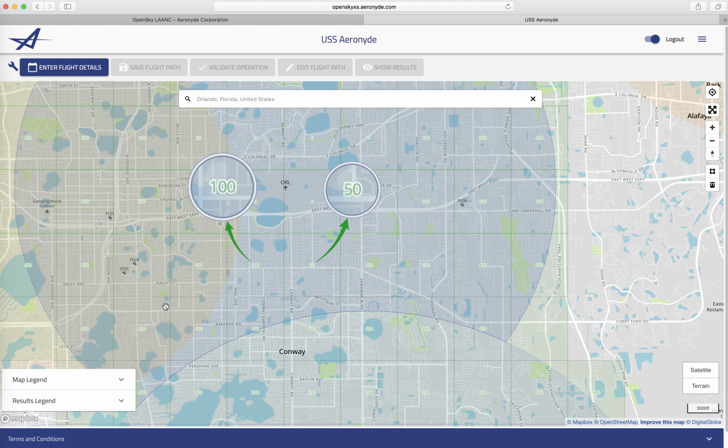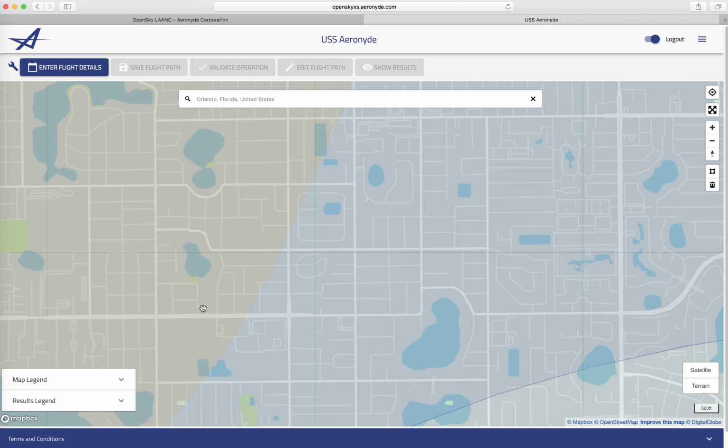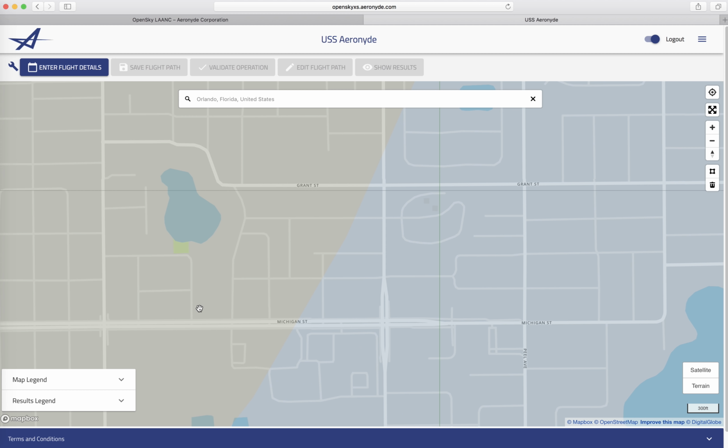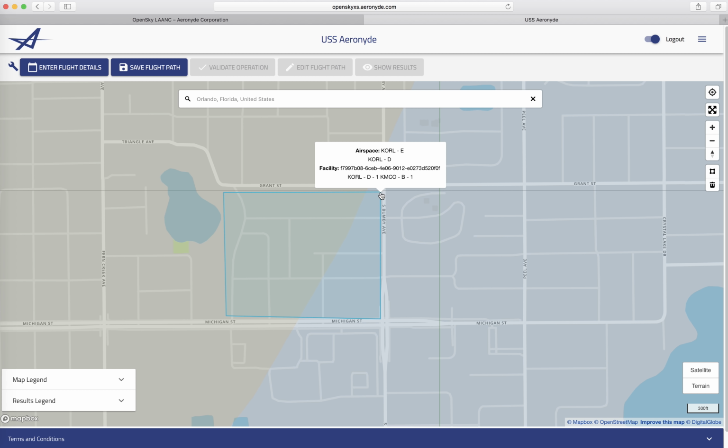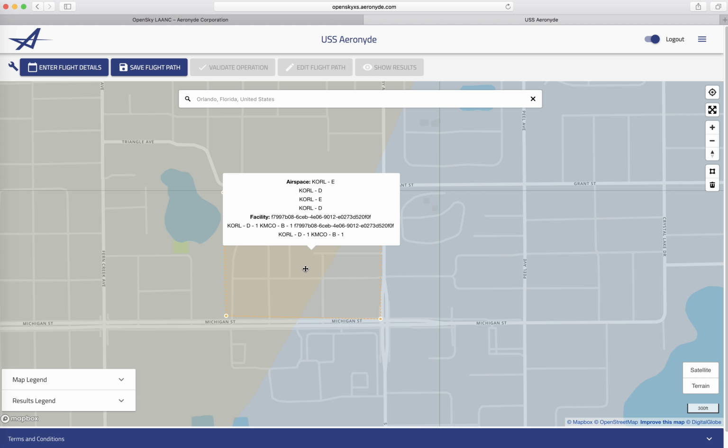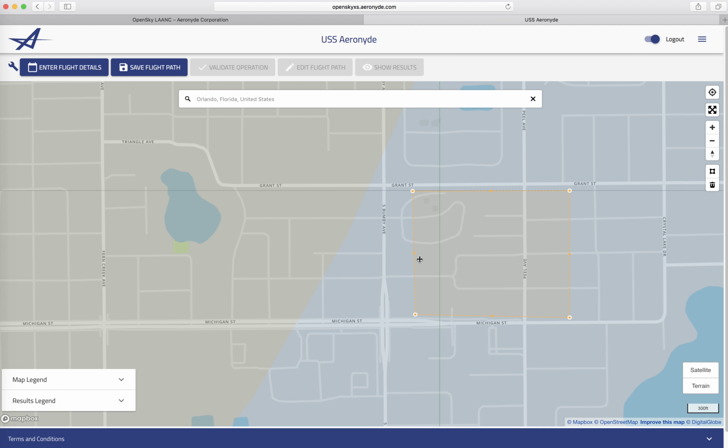below this number. Next, define the boundaries of your flight path using the polygon tool, found in the right-hand corner of the map. Once you're satisfied with the flight boundary you've created, close the polygon by returning to the first point you selected. This should change the color of the polygon from orange to blue. Don't worry, you can still modify the shape, size, and position of the flight path by simply clicking once on